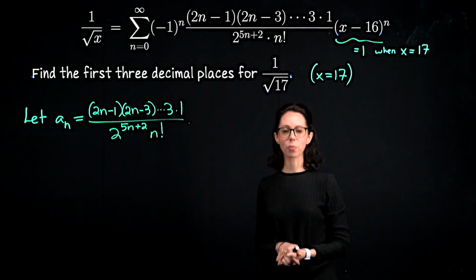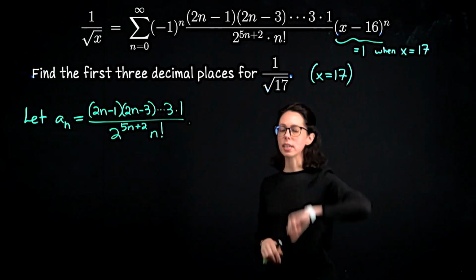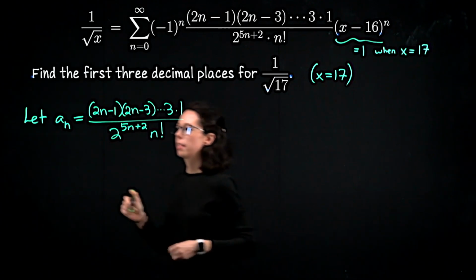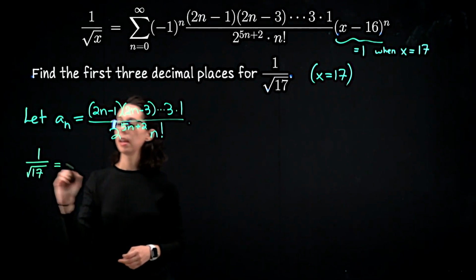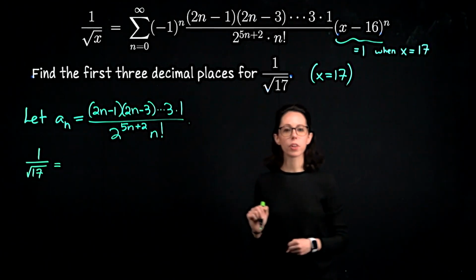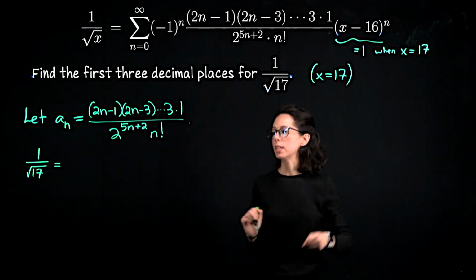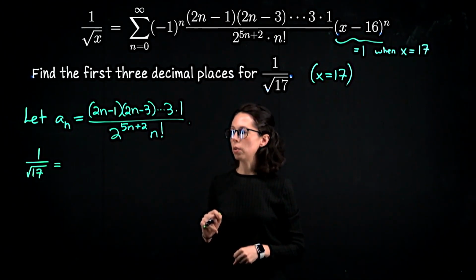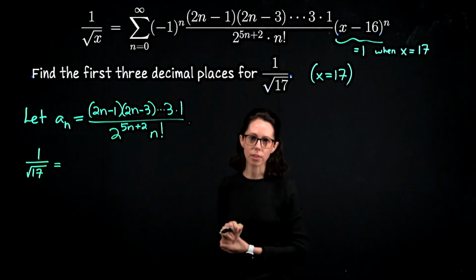We just worked out that the radius of convergence for this power series is 16. So since 17 is between 0 and 32, that means that I can say that 1 over the square root of 17 can be written as a convergent sum of numbers for this series. So plug in 17 and we would get equality on both sides. So let me now start to write out the expansion in terms of this new expression a sub n that I've introduced.